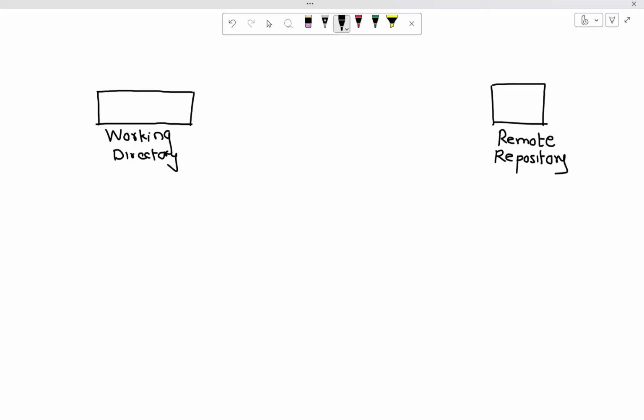Now, what kind of actions can we perform? One of them that I've just shown you is the git clone operation. When you do a git clone, you can clone that remote repository back to your local machine.